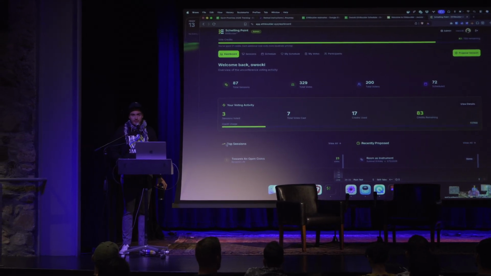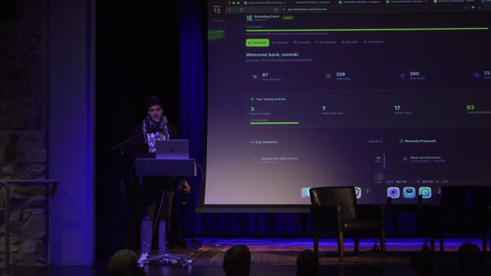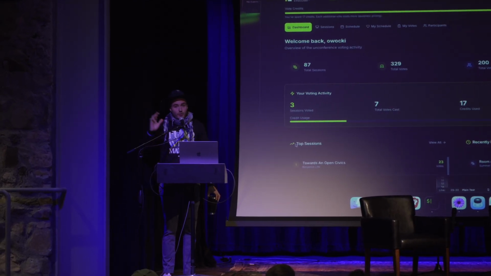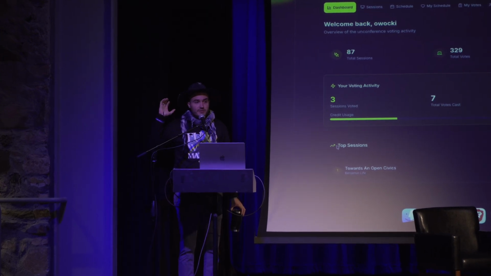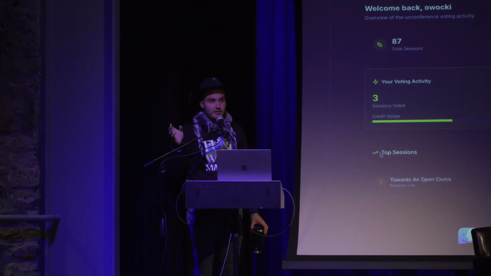I'll show you how the app works in a minute, but I'm just going to explain the general principles. Over the course of today, we want people to be submitting their sessions and voting on them. Quadratic voting allows you to express your relative preference. As organizers, towards the end of today, we're going to look at all of the votes and all of the slots. If you've proposed a session already, we admittedly added a feature last night where you can propose when you would like to do it so that you don't get scheduled in a time you're not available. If you haven't done that, please indicate your preferences on your session.